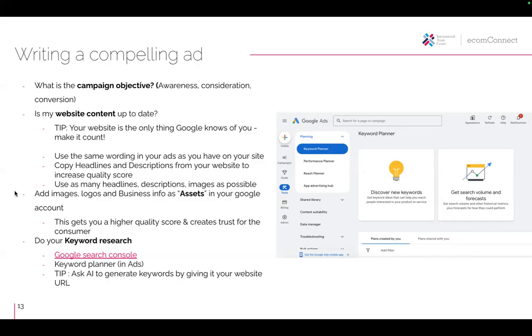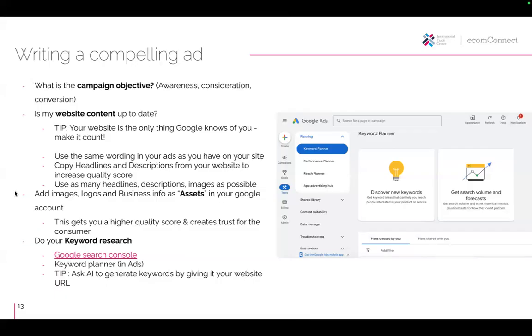So in order to give that algorithm as much to play with as possible, in combination with your website content, this will get your ad rank higher, which, as we learned in the previous slide, then means that you have a higher chance of getting those higher search results, even if you have a smaller bid.